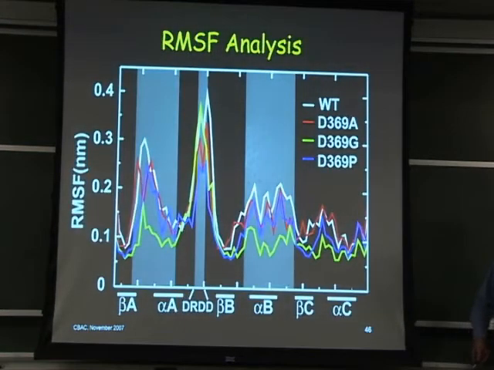So when we do the RMSF, this is what we get. The wild type is this white curve flowing through here. We've got the alanine and the proline, which are the red and blue curves. As you can see, they basically track the wild type RMSF values from before. But the glycine mutation, shown here in green, agrees even over the DRDD loop and the same motif where we're making the mutation, but it differs in the region of alpha B, as well as in this beta A, alpha A linker on the other part of the protein.